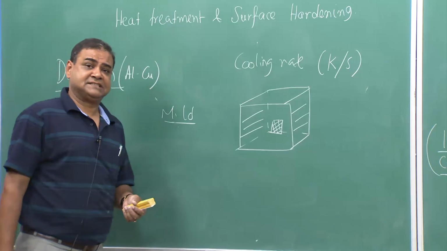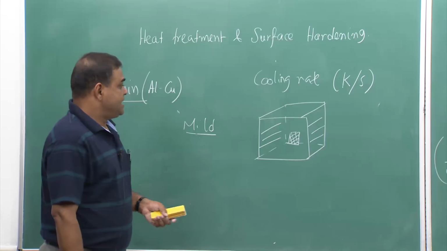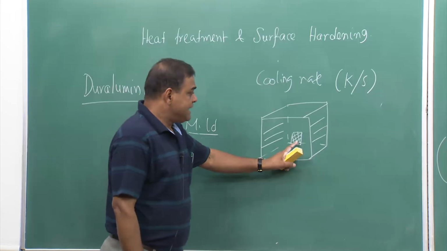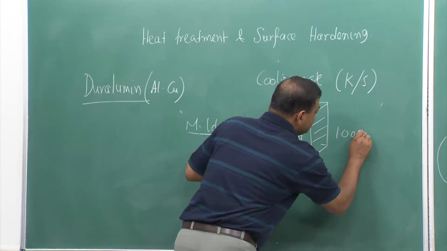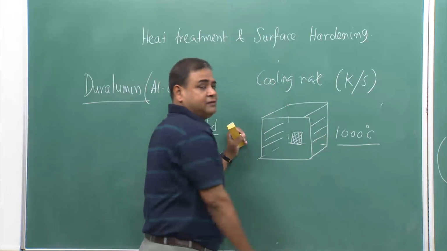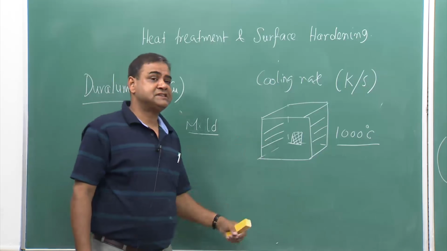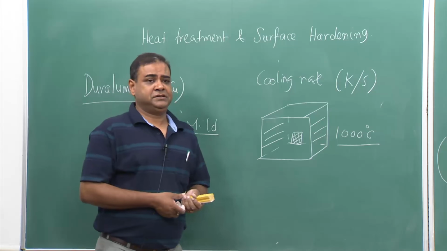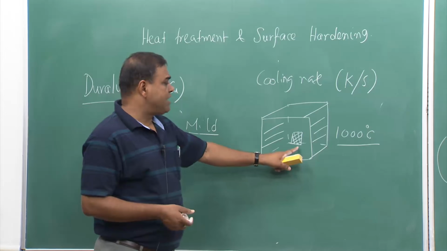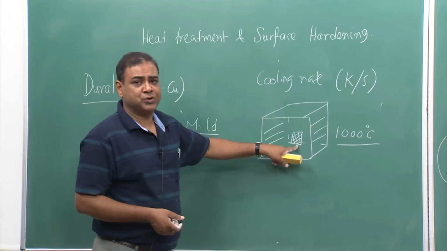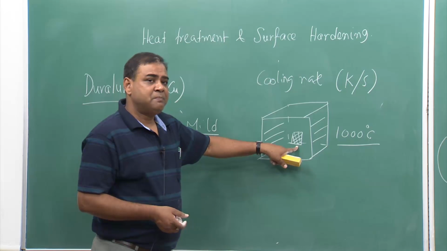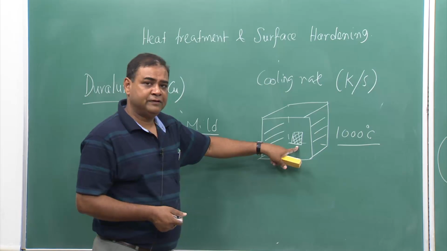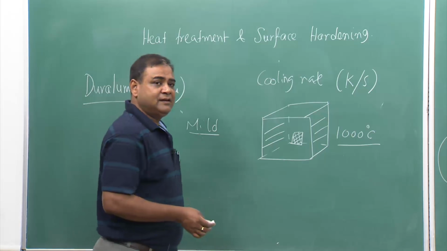This is the material, let us say. Now, let us say I have heated it to 1000 degrees Celsius. The furnace temperature is 1000 degrees Celsius, and there the temperature is fixed. So, that means temperature does not change. Now, once we have held it for 40 minutes or so, if we put the furnace off,